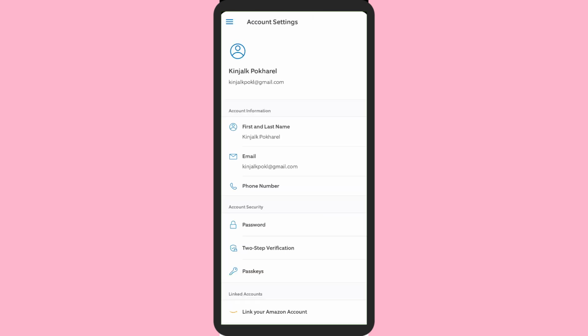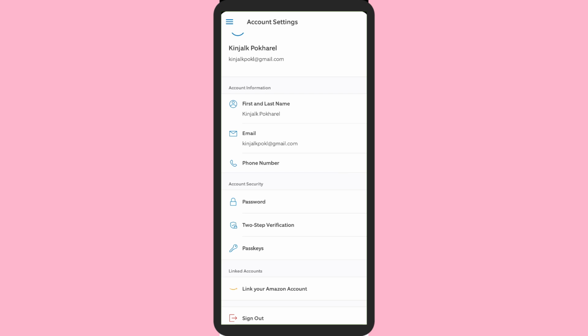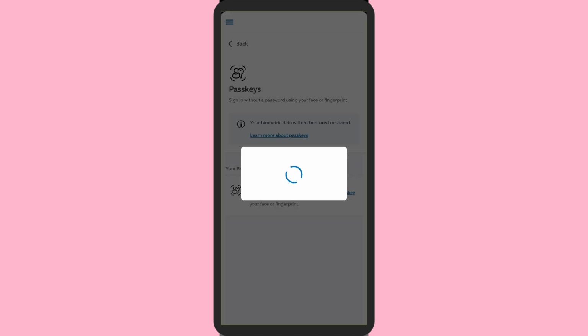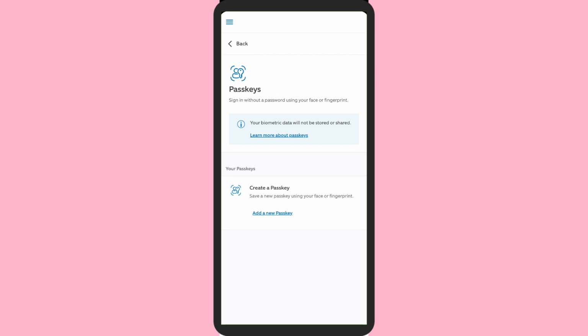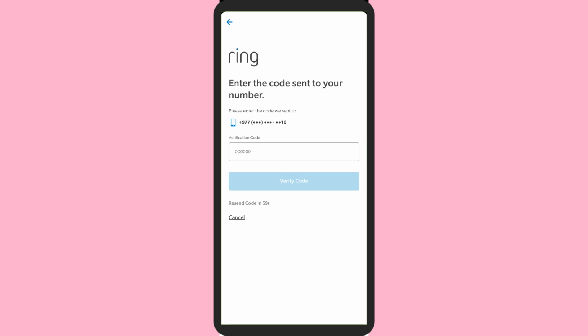Here scroll down until you see an option called Passkey. Tap on it. And after a few moments, Ring will direct you to this page. Here, you'll see a small option called Add a new passkey. Simply tap on it. Then after a few moments, Ring will ask you to verify your phone number by sending